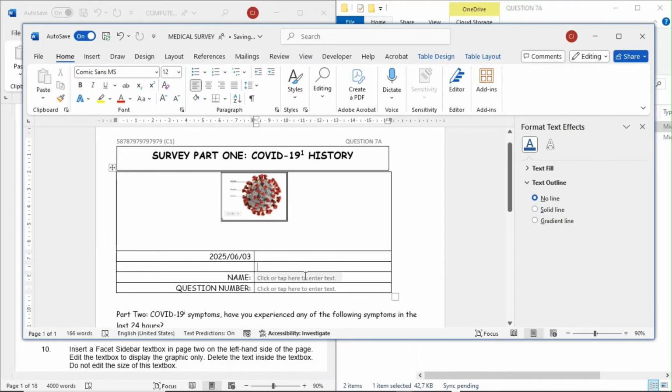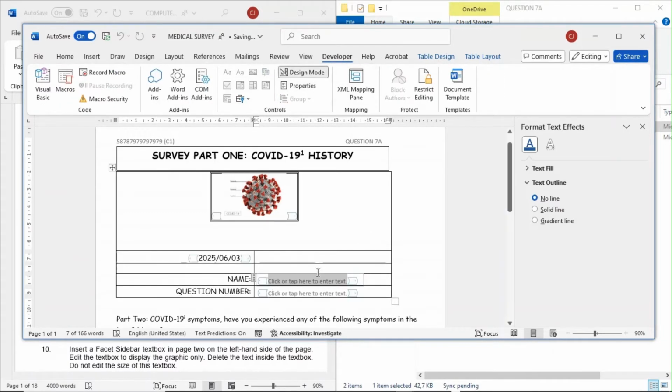Okay, so in the name field, you're going to type in your ID number. And then questions will be the question number.